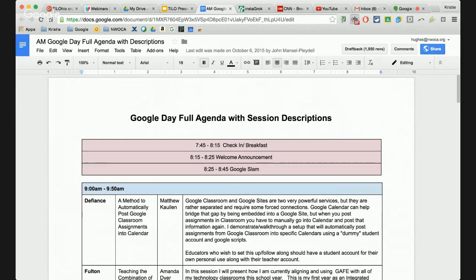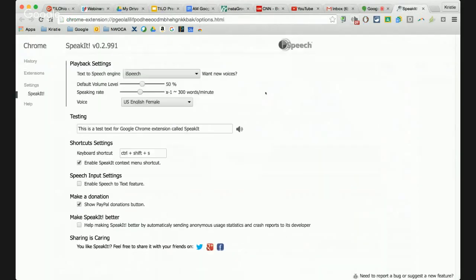The other thing that it does is if I do a right click on this, or control click if you're on a Mac, and go to options, I can go ahead and customize how exactly I want Speak It to be. So if I want the volume to be louder, or maybe the speaking rate to be slower or faster, or maybe I want the voice to be different, and you'll notice here you have different languages. So I can even have different articles read in different languages if I wanted to do that.